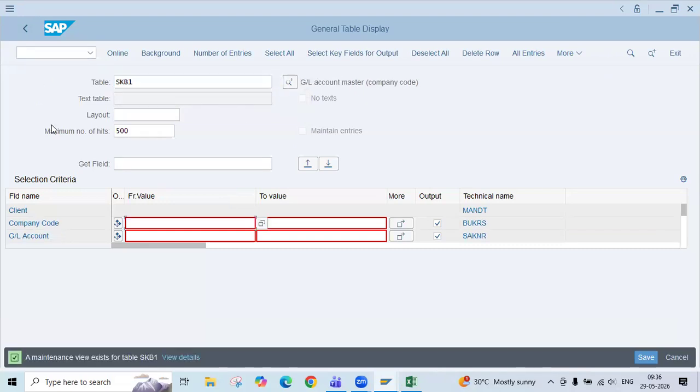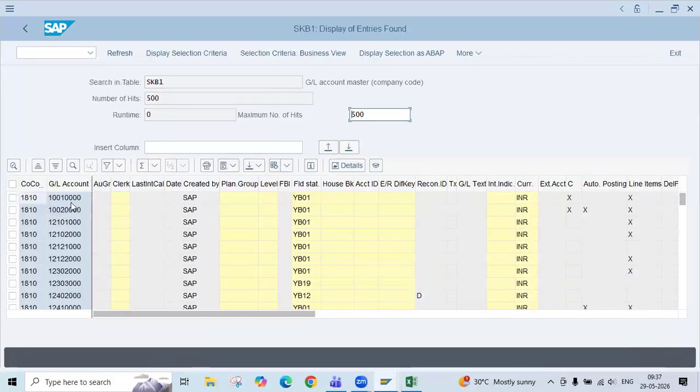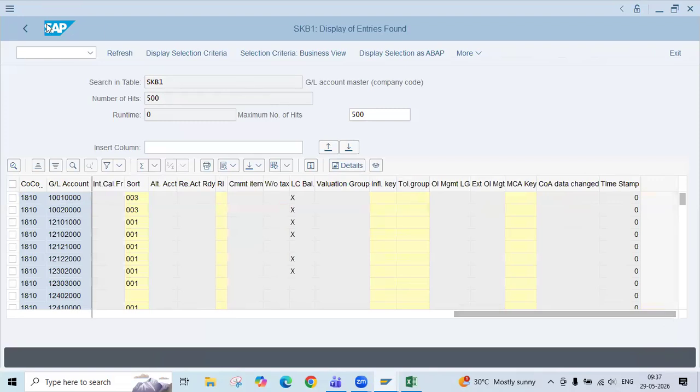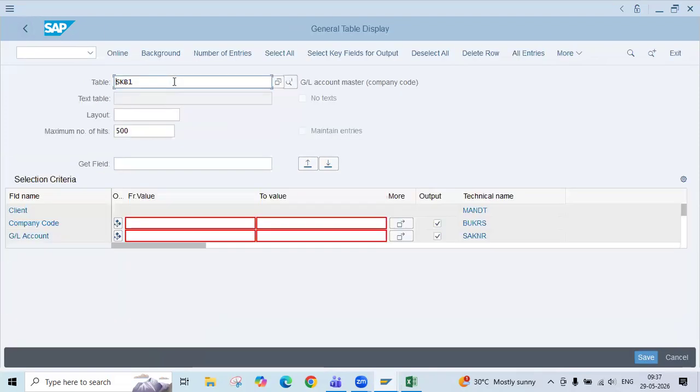If you execute, these are the company codes, and these are the GL accounts in this company code. Okay. Likewise, what are the fields, the field status? These are the fields for this GL account. Likewise, if you go to SKA1, okay. So